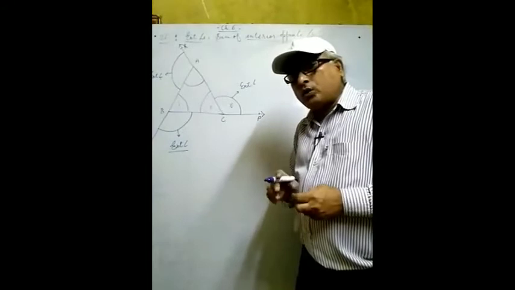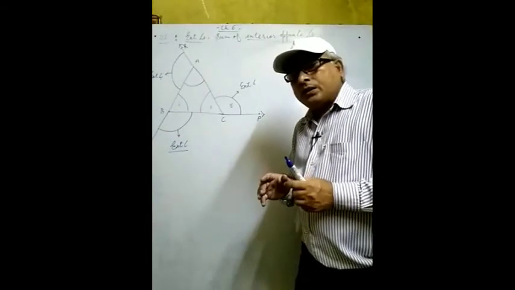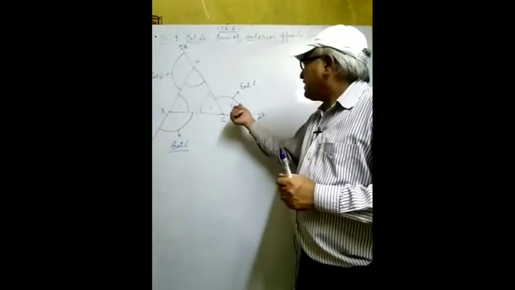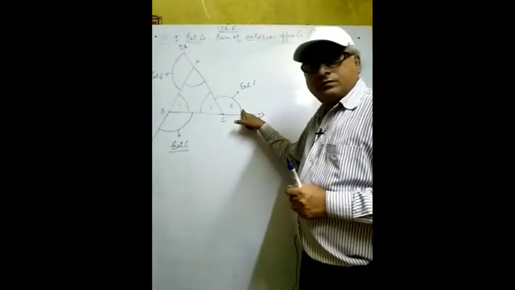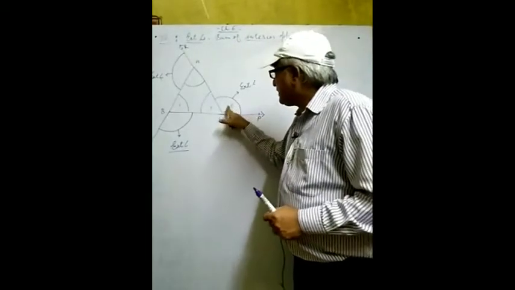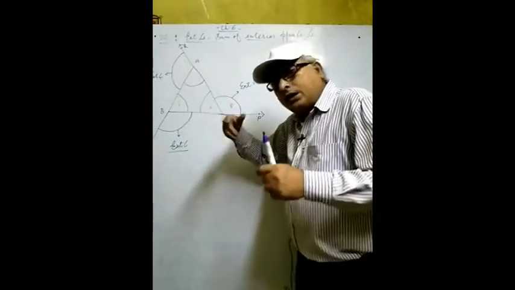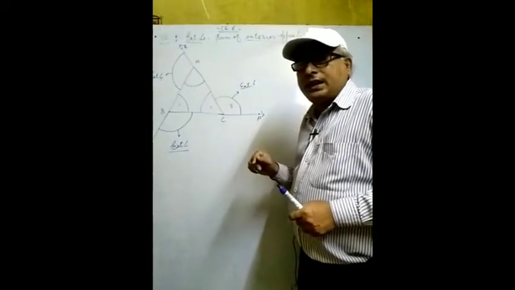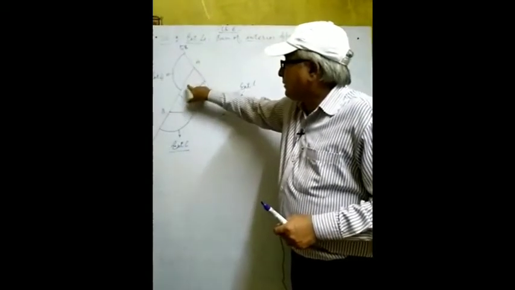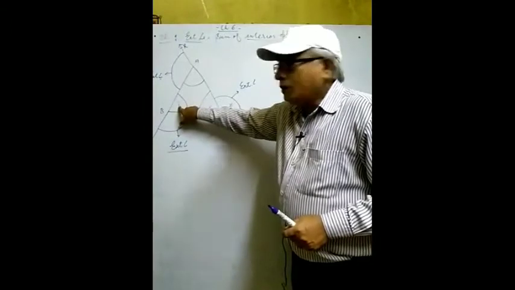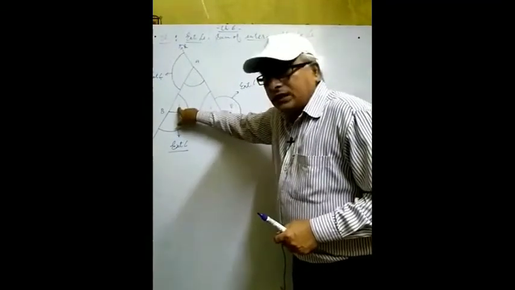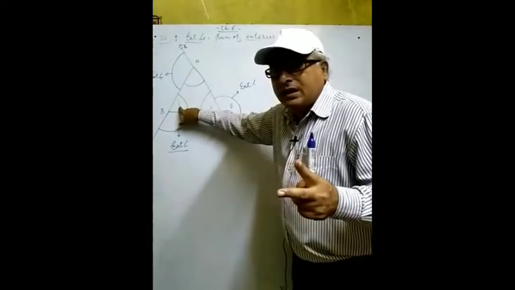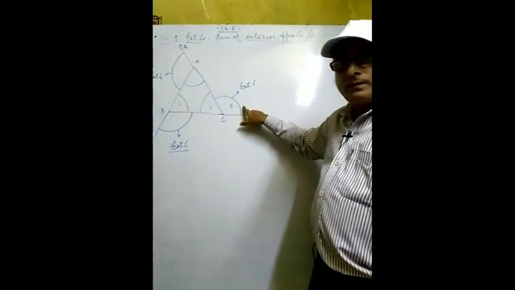Once again, try to follow how to identify interior opposite angles for an exterior angle. Suppose you are taking this one as the exterior angle, so the adjacent angle will be removed from the mind. This interior angle is removed. So how many interior angles are remaining? This interior angle and this interior angle. So these are the interior opposite angles. Since two angles are there, these are the interior opposite angles for this exterior angle.